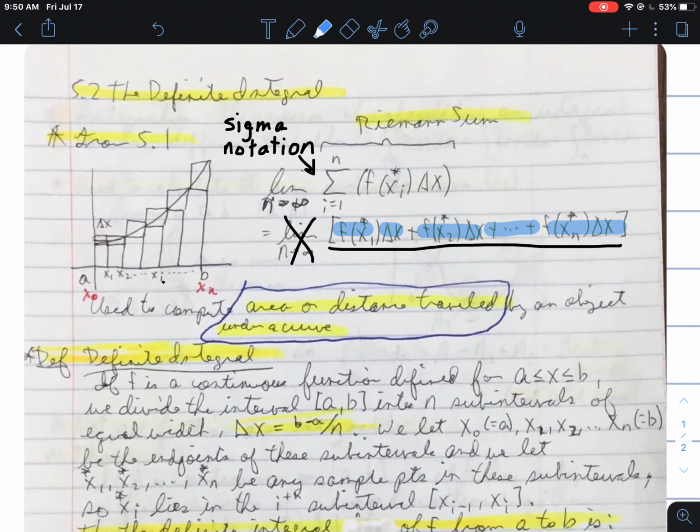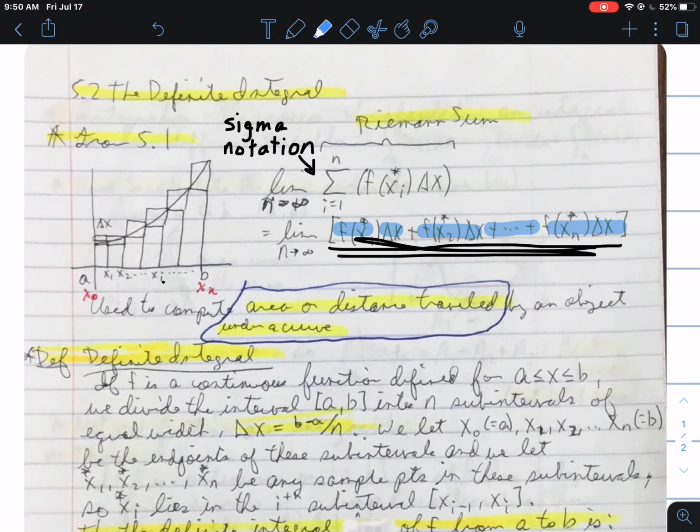But then we said if we continue to put more and more rectangles under there and let the number of rectangles approach infinity, then you're going to get exactly the area under the curve. Okay? Now, this notation is summarized. It's a collapsed notation. Instead of having to write out all of this each time I want to calculate the limit of the areas of those rectangles as n approaches infinity, because obviously I can't do an infinite number of rectangles, we use this notation,